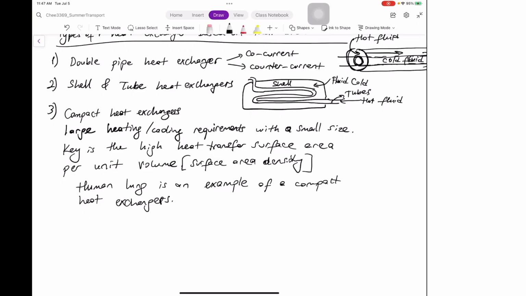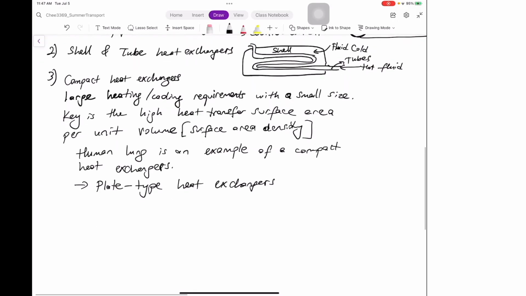You can have plate type heat exchangers. You can actually put it under the compact heat exchanger category. Plate type heat exchangers, etc. So let's focus on the